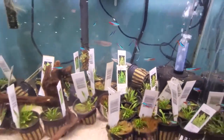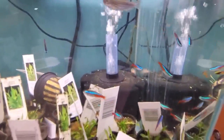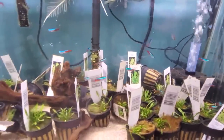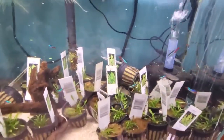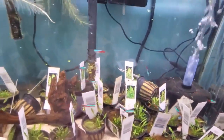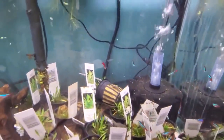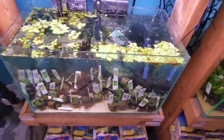So another great fish. And the easy way to tell it apart is it's got the red, silver, or white if you want to call it that, and blue, whereas the cardinals are the blue and red with the tail that's red. And the green neon tetras are just like these, only a little bit slimmer and skinnier. They can take a little cooler temperatures and a little bit lower pH, liking black water even more than these, which these guys like as well. And they have the green and turquoise coloration that's very prominent from above, which these guys...